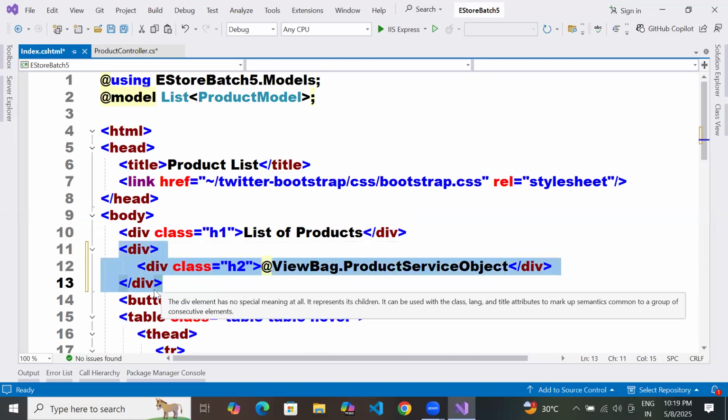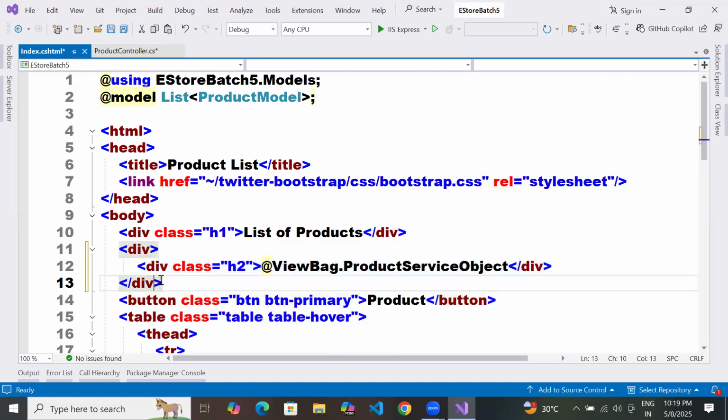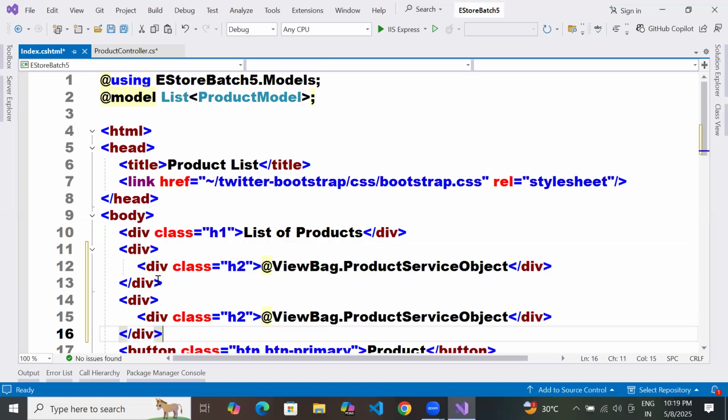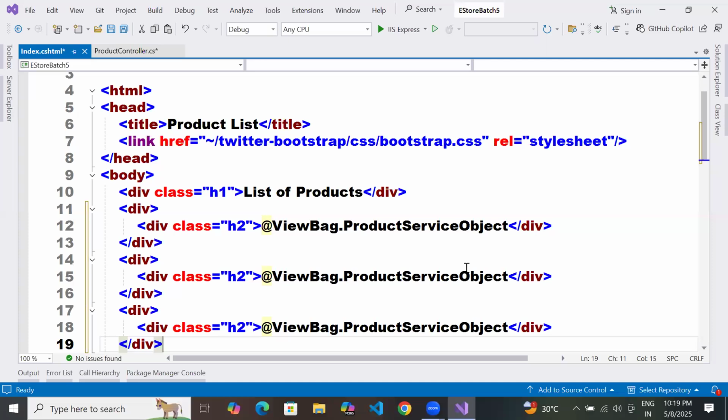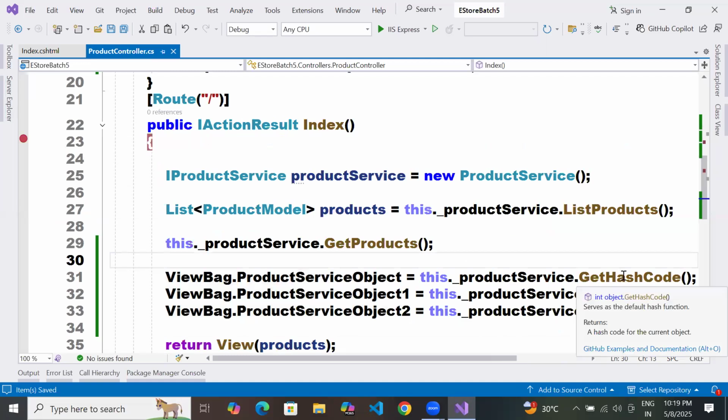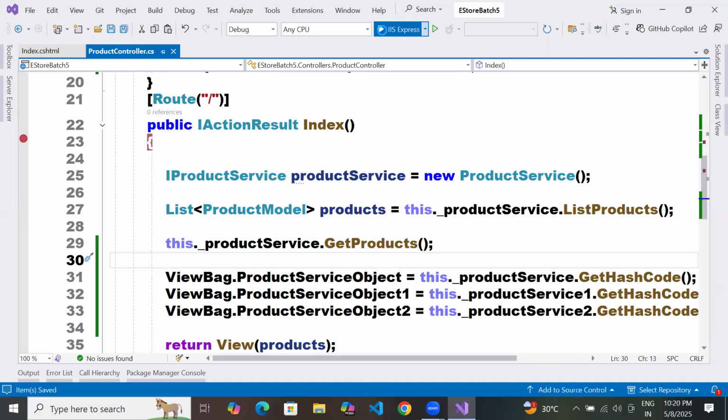Same way I am trying to create the second one, third one. Now which object am I going to get? 1, 1, 2, 2. Let's see what will happen. So what will hash code return? It will give you the current object's memory. Did you get my point? Now if you run